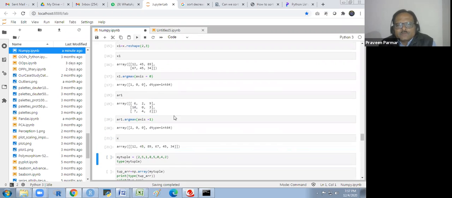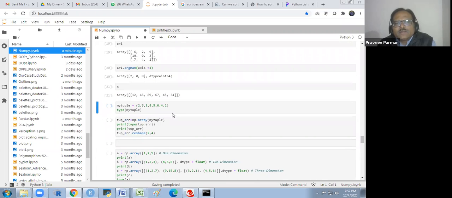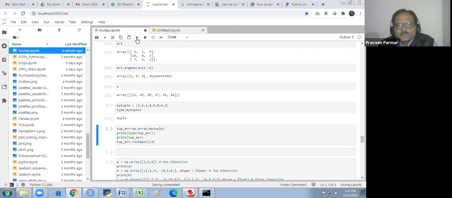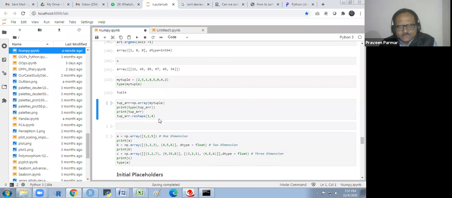And I will show you this. And this is my array. And my tuple, I am making a tuple here. And that is a tuple. And I convert this tuple into an array. I could convert in this way. And I will reshape this tuple array.